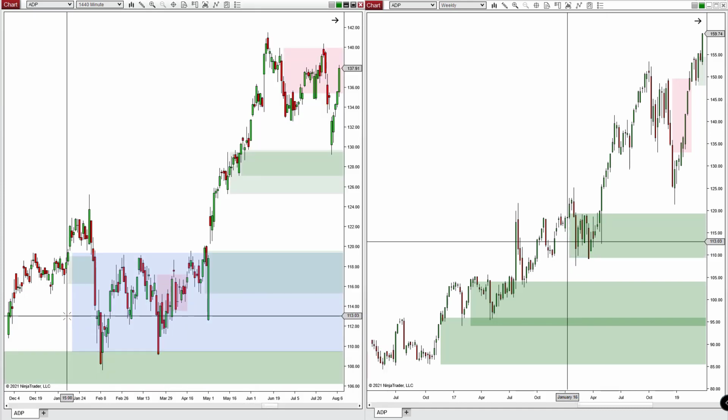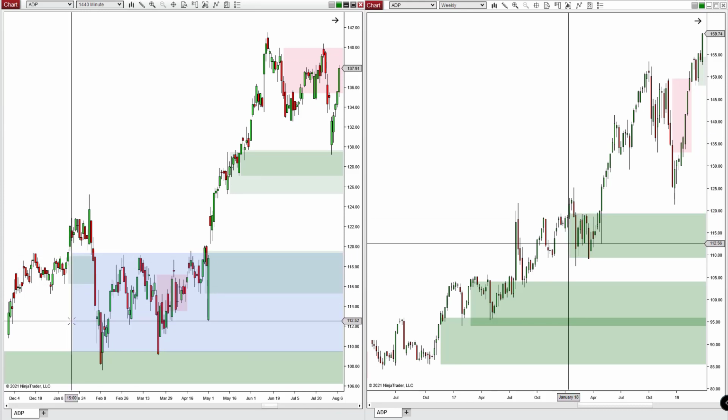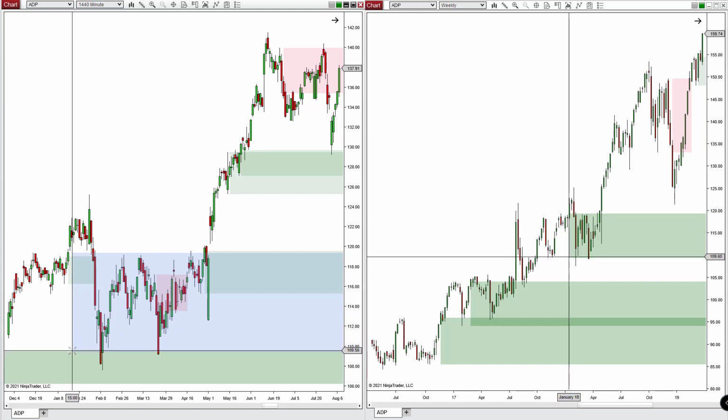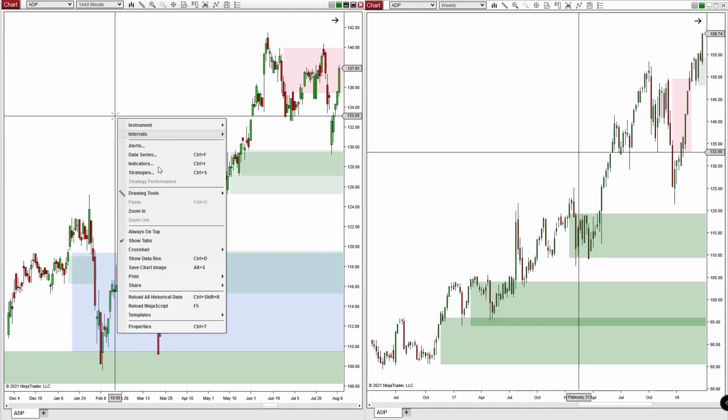Alright, now check this out. Over here you can see this blue zone lines up perfectly with that buy zone on the weekly. So now I know exactly where my weekly buy zones are. In addition,